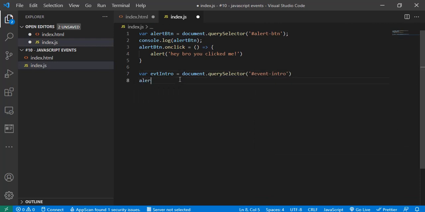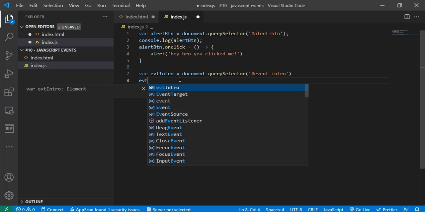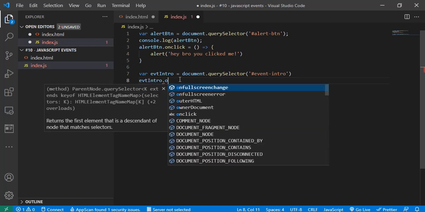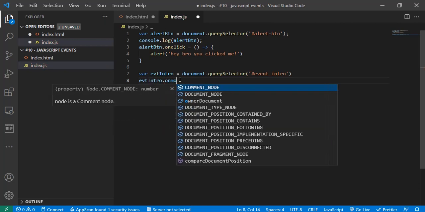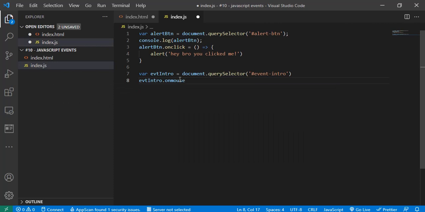alert. Oops. Okay. e.t.c into dot on mouse over. So whenever the user moves the mouse over it, I want to change the text. I want to change the color of the text. So I'm going to say,